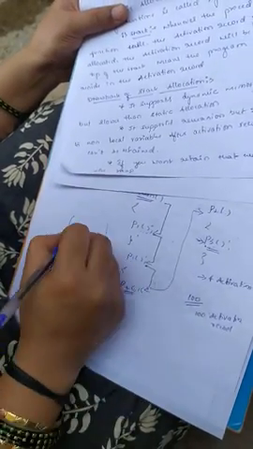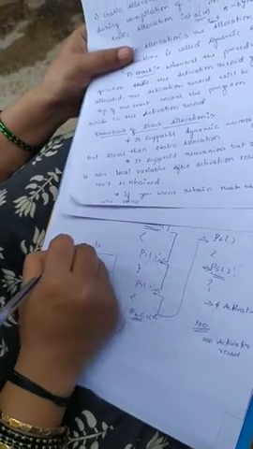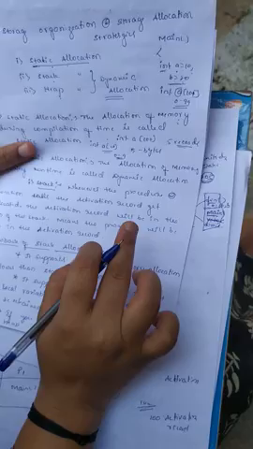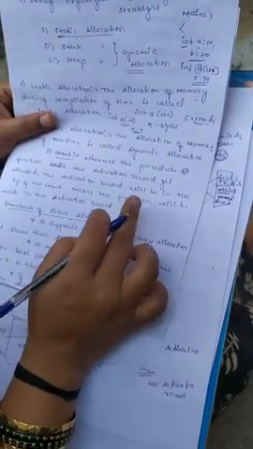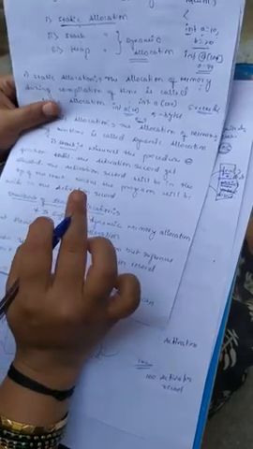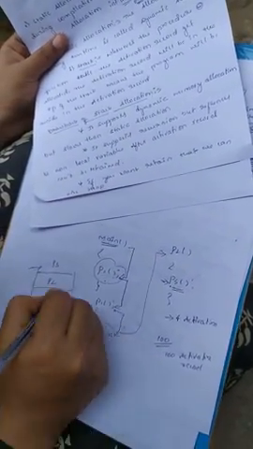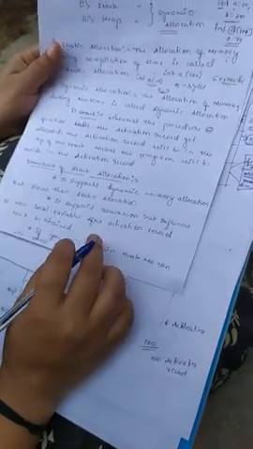Then you call P2, so P2 will be on the top of the stack. Then you call P3, and P3 will be on the top of the stack. Each time you call any function, that activation record will be on the top of the stack, meaning the program will reside in that activation record. This whole block will reside here, this whole block will reside here, this whole block will reside here. Like that the stack will be working.